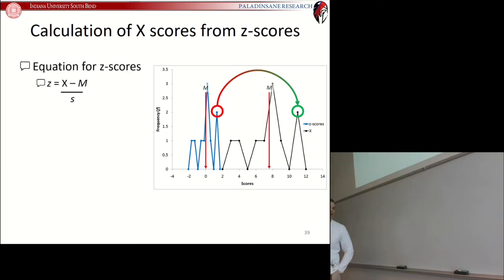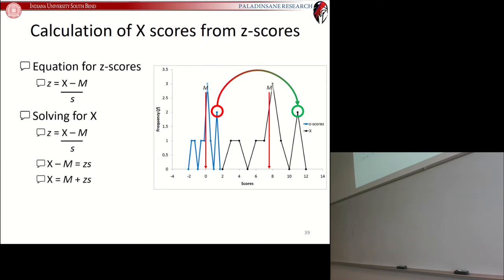Well, you use the same equation that we saw for a z-score. So, the equation for a z-score, there it is for a sample. If you want to retrieve the raw score, we just do a little bit of solving for the raw score, and we get the raw score equals the mean of your distribution plus the z-score times the standard deviation